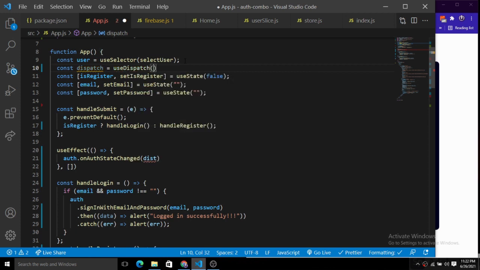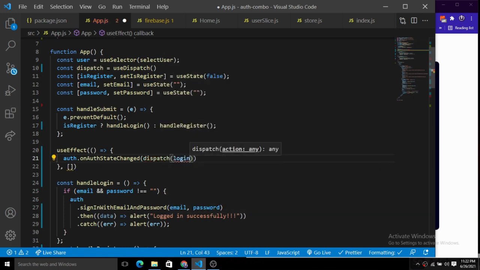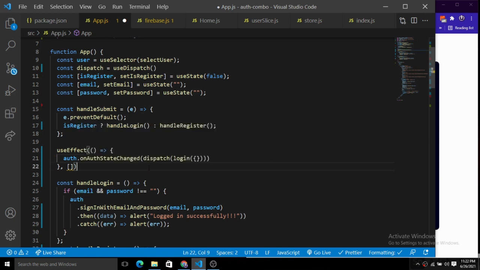So use dispatch, and inside of this dispatch we have the login state, the login dispatch function. So this is how we are done with this. On auth state change, we just dispatch the login.